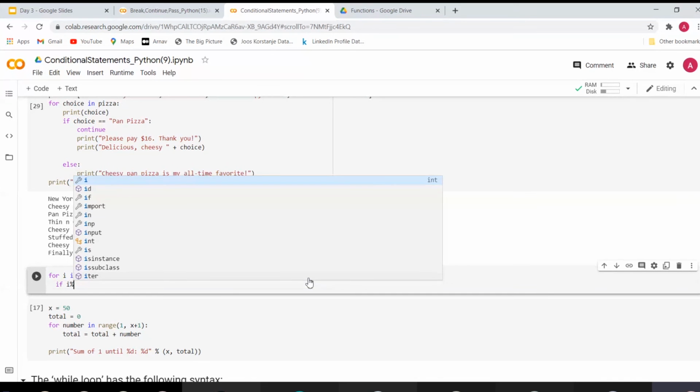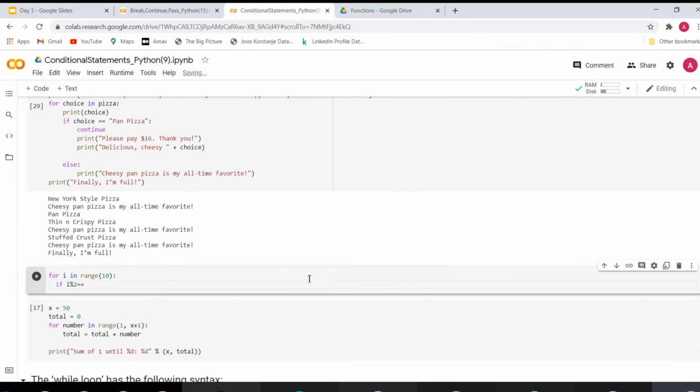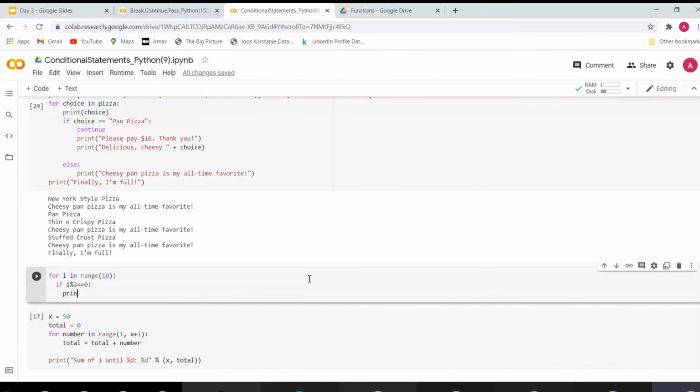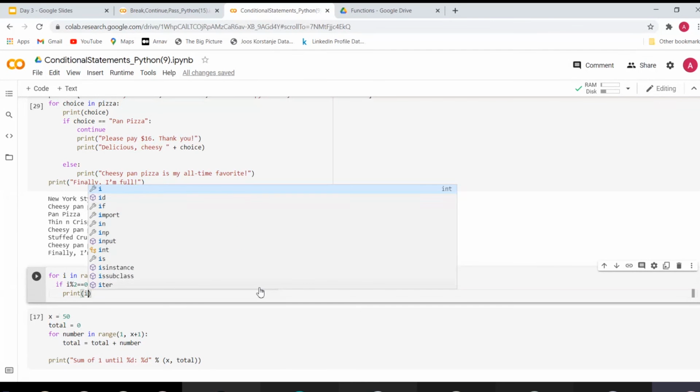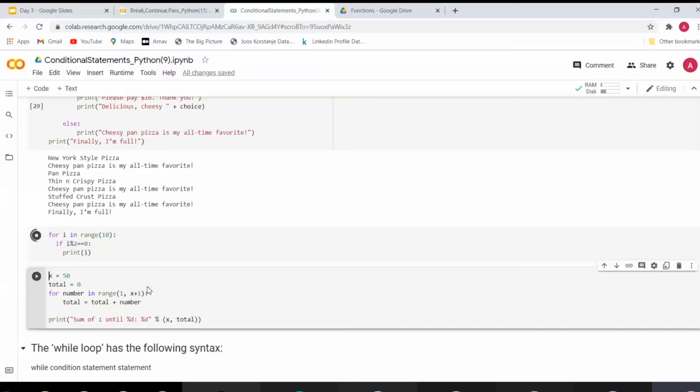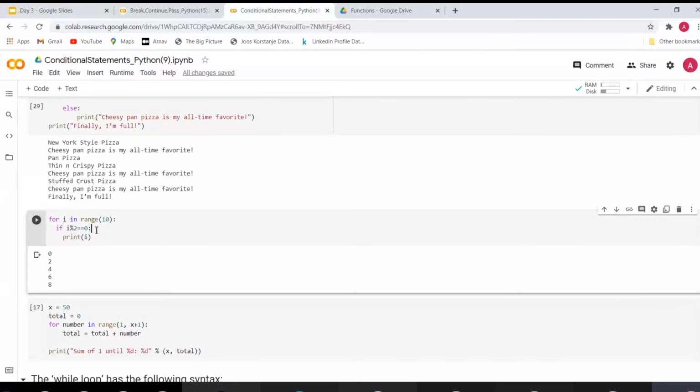Now this is how you normally write. But what if I don't want to write like this? This is not logical, but what if I don't want to write it like this? I say if i modulo 2 is equal to 1, it basically says I want to select the odd elements, and I say continue, and here I print i. It will create the same output.